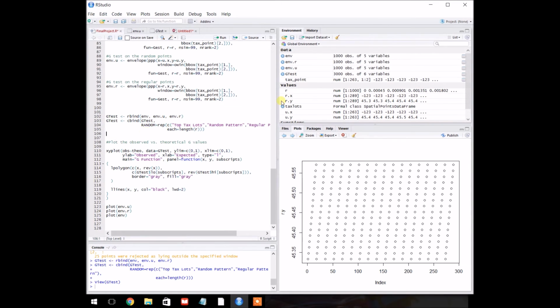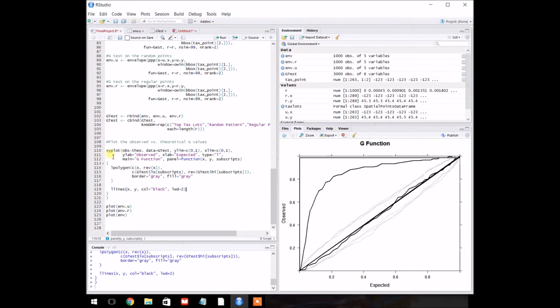So now that we've got the random data set, the normal data set, and our real data set, let's plot them all together. At the very end, we have the XY plot of the G function, and what this shows is all three, or the G-test, basically, which is all three of the ENV data sets put together. What this is showing is the observed versus expected value. The straight line in the middle is the random